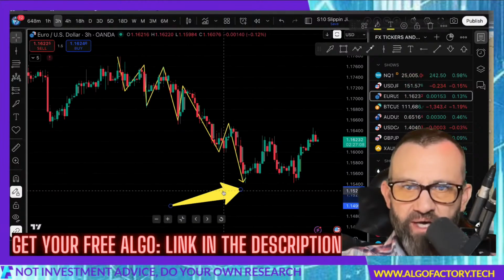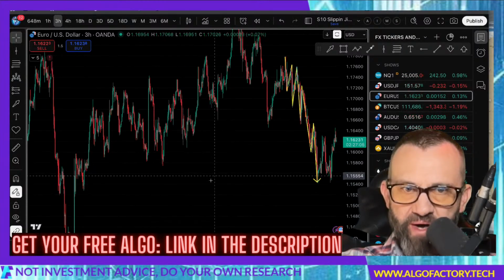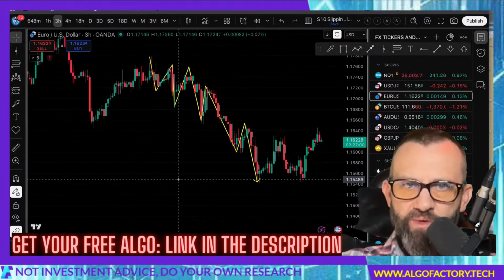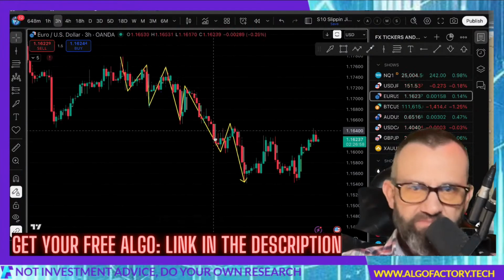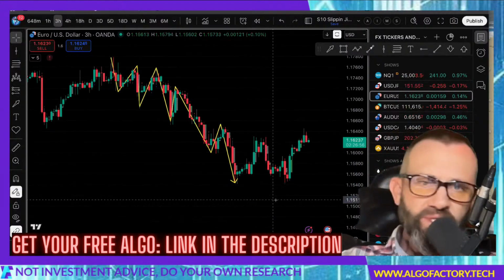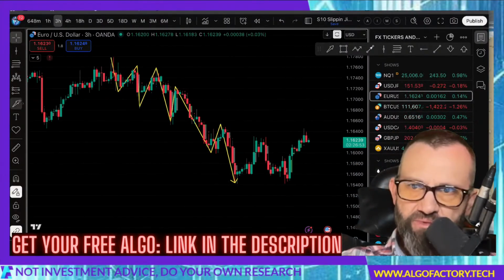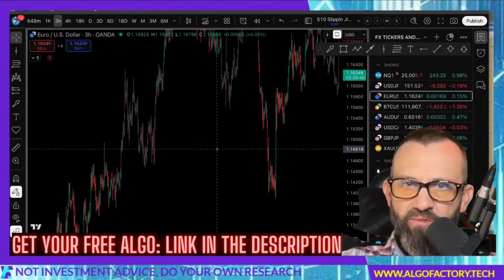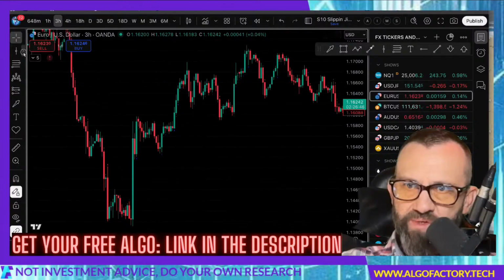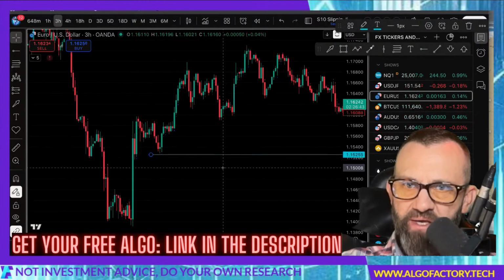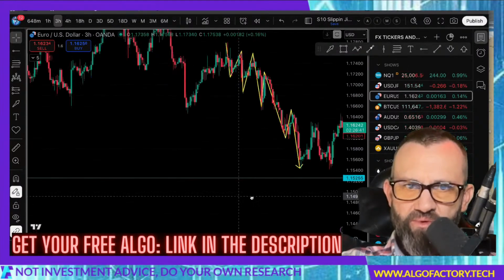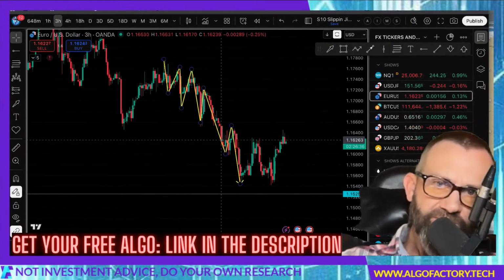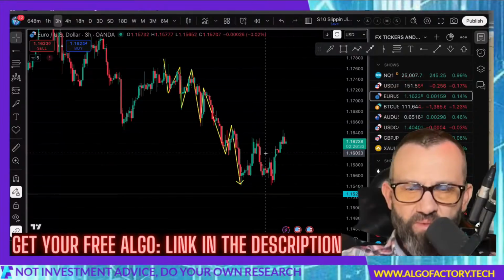Now, there's not a lot of structure for this double bottom. There is a little bit of structure back here that we could look at, but there's not a real pinpoint where this bounced. It just bounced. Usually for me to look at a major rebound upwards, I'd want to see a bounce at structure. And if we go back, the closest structure where there was a pivot point is back here, which is pretty well below price. So am I expecting it to move up or down? Well, right now it could go either way.